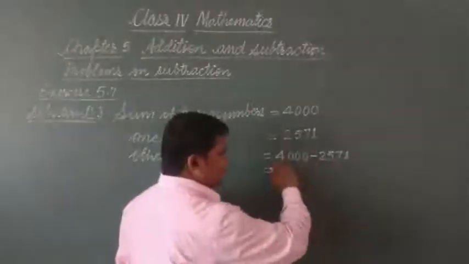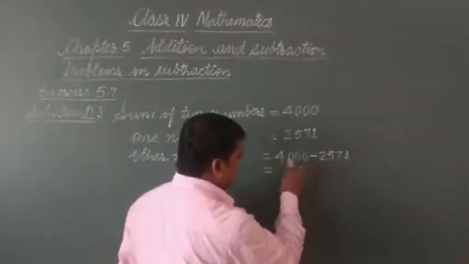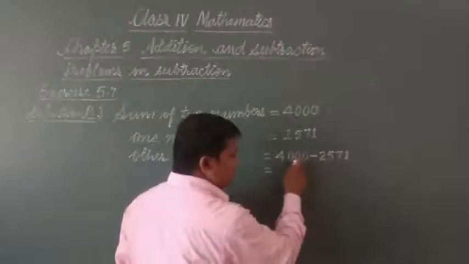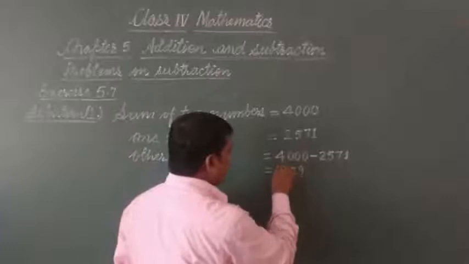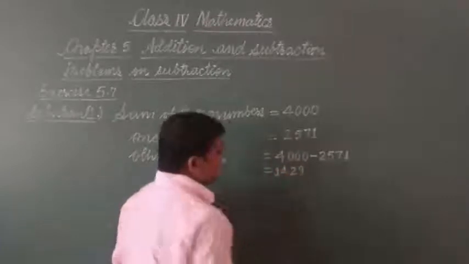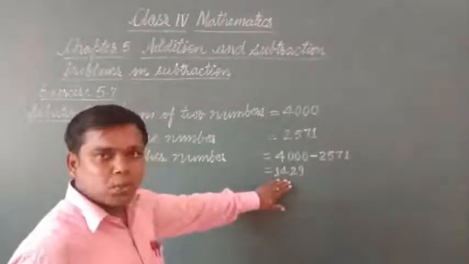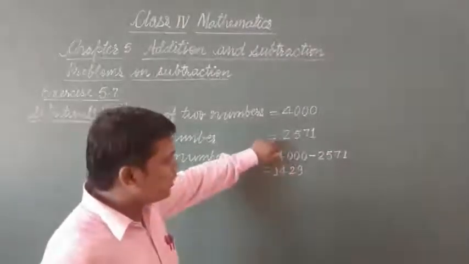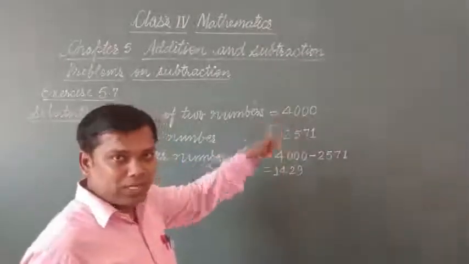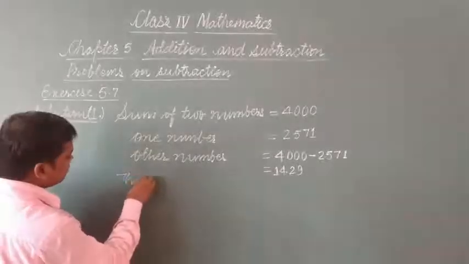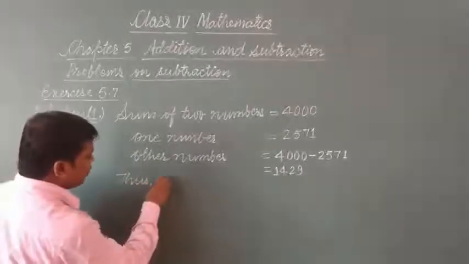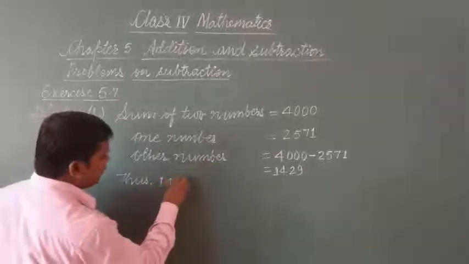So you have to take borrow from here, 9, here it will be left 9, so 2 4 1, means this is the number which will be added to this to get this. So we write answer, thus 1429